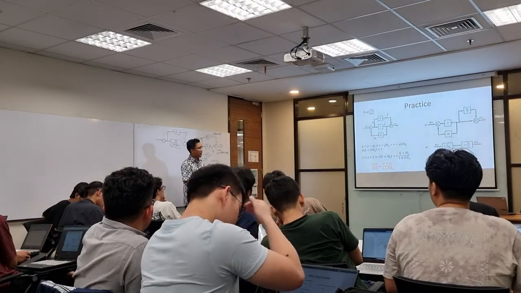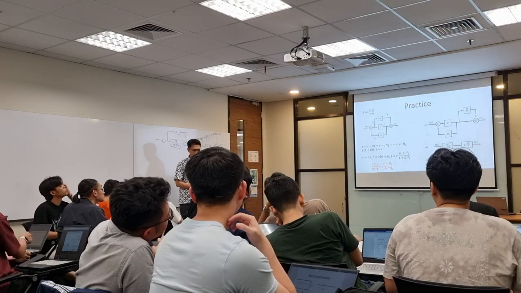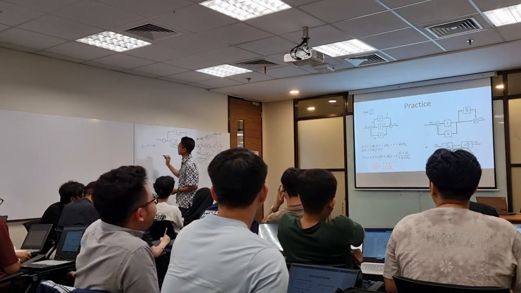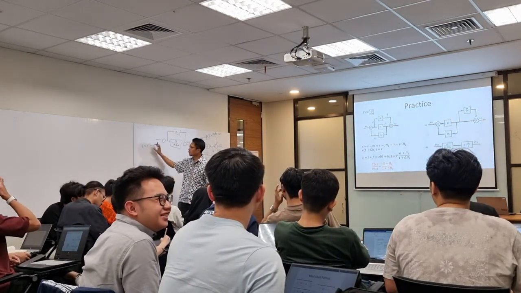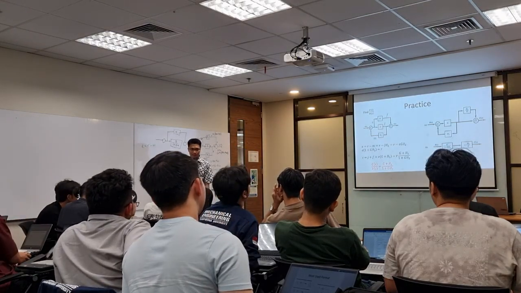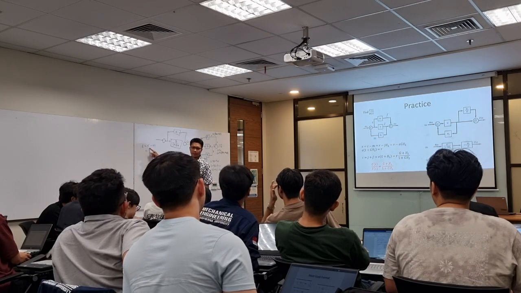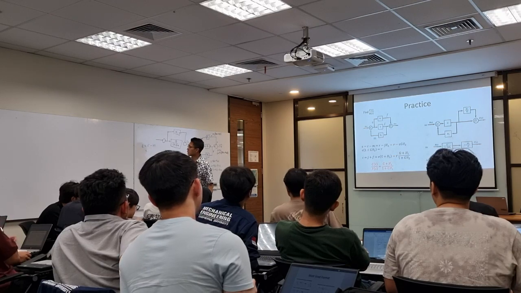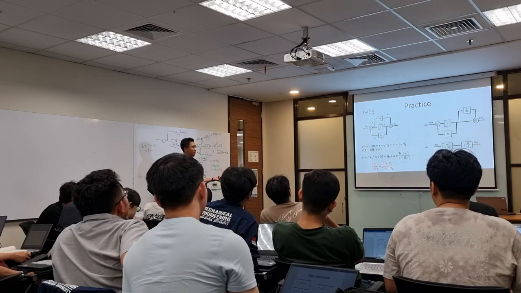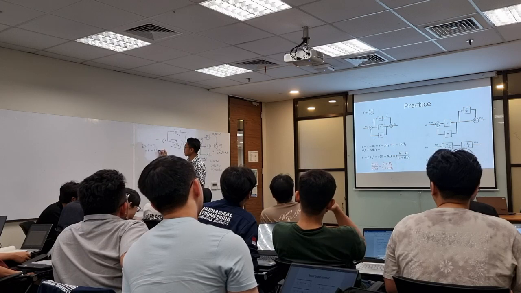I like to start from the error first. Okay, I explain the error. What is error? This is R minus M. I said the error is R minus M. And then what I need to do later is to expand each of these signals, if I can. Can we expand R? No, cannot, right? It is something that we give into the system. So this is still R, but M we can expand. M can be expanded as J times H2.